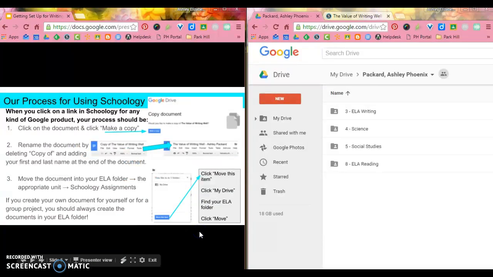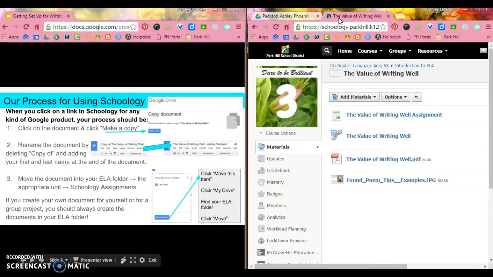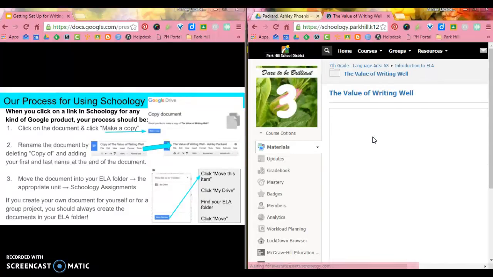Now that you're finished with that, I want to show you our process for using Schoology. When you click on a link in Schoology for any kind of Google product, your process should be to click on the document and click Make a Copy. So I have a Schoology folder open over here, and I can see that this Value of Writing Well assignment has a Google link. I know that because I can see the little Google icon and it's showing me that it's a link. As soon as I click that,